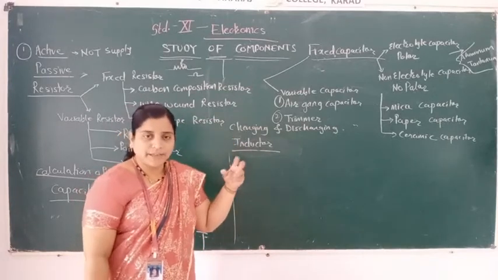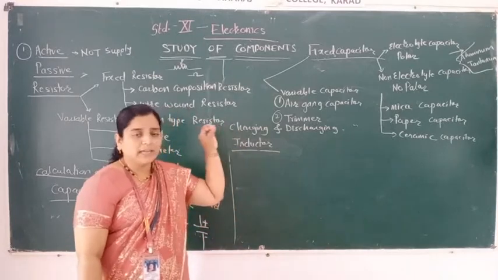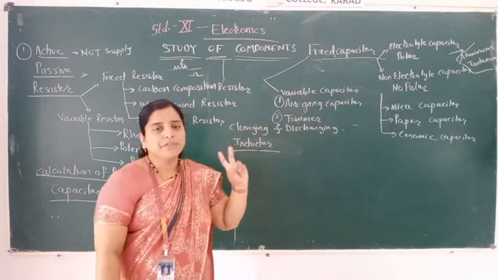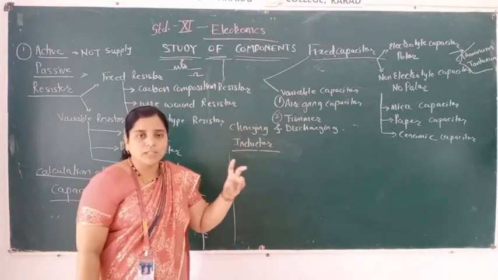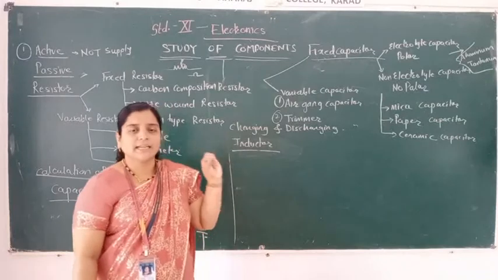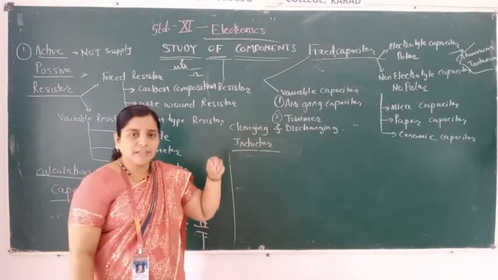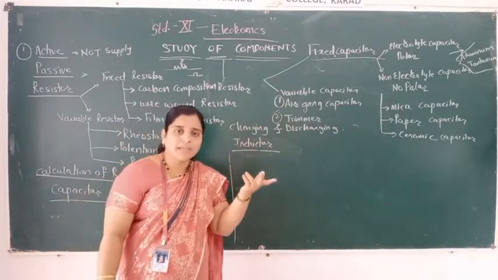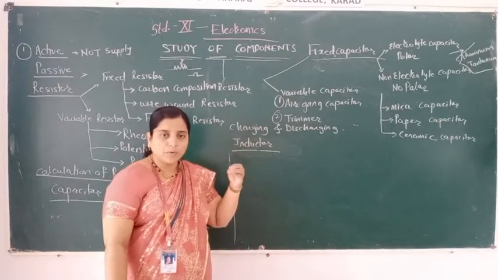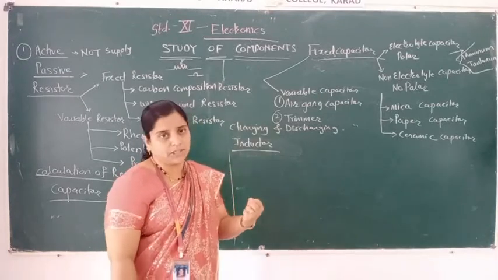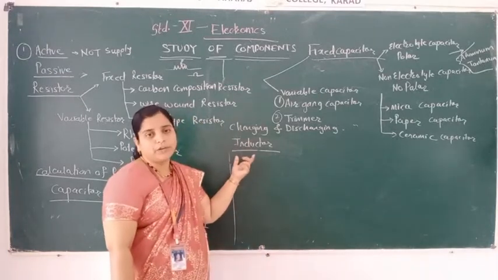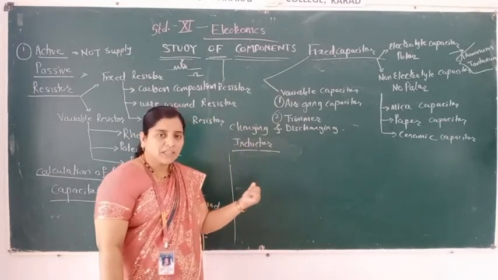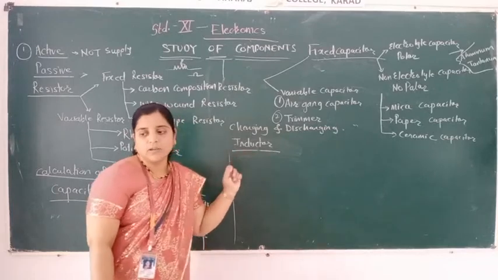Whenever there is a variation in current, what does it mean? If you directly take the mains supply, it has 230 volts and 50 Hz frequency, but it is not constant. It is not exactly 230 volts and not exactly 50 Hz. There is a variation in that voltage, current and frequency. Therefore, sometimes more current flows, and if more current flows, it induces a voltage in the inductor. So the property of an inductor is that it induces a voltage whenever there is a variation in the current. Okay, so we have taken the inductor also.